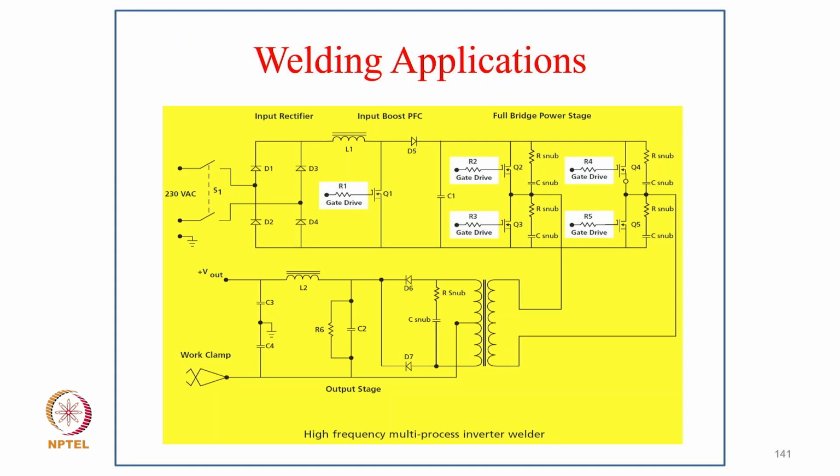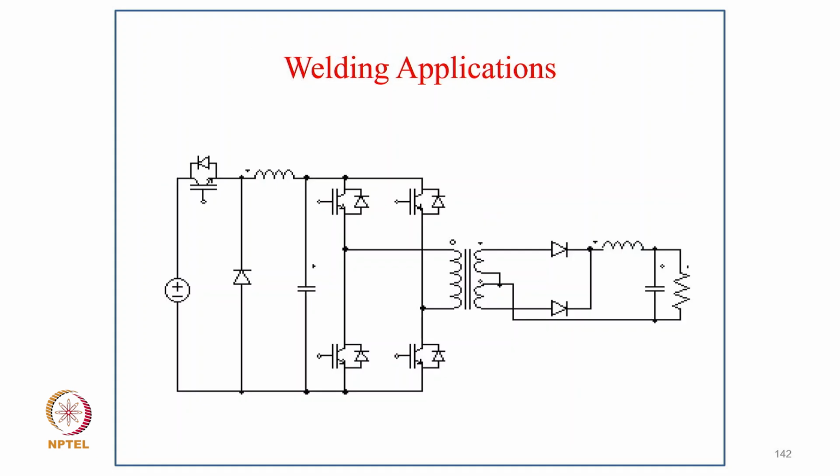In the case of welding, a similar concept is used for the welding power supply, where we use what you can call a full bridge isolated DC-DC converter, as you can see here. For the input supply voltage, again, we have a diode rectifier followed by the input power factor correction converter. As you can see, the simple input boost converter gives a constant voltage to the full bridge isolated DC-DC converter, and then we have a secondary output for controlling the current. So this is the typical circuit of it.